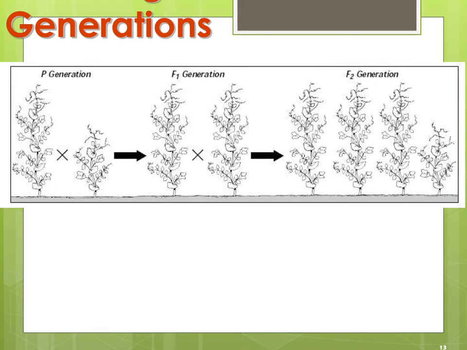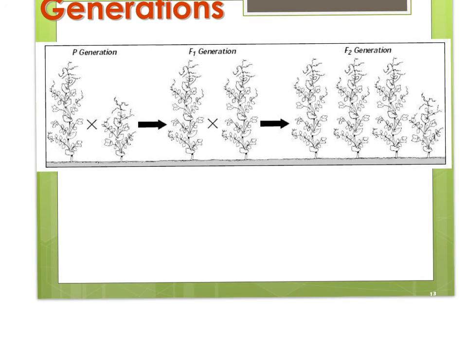So if we take a look at an example here, the trait we're going to look at is going to be plant height. So our P1 generation